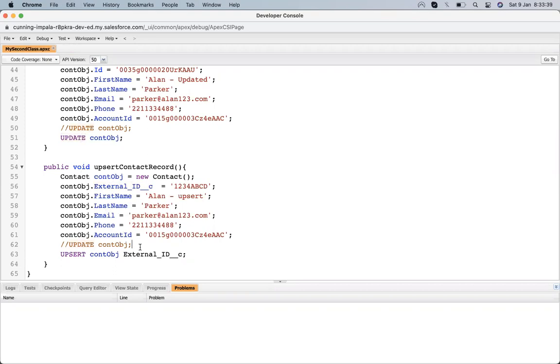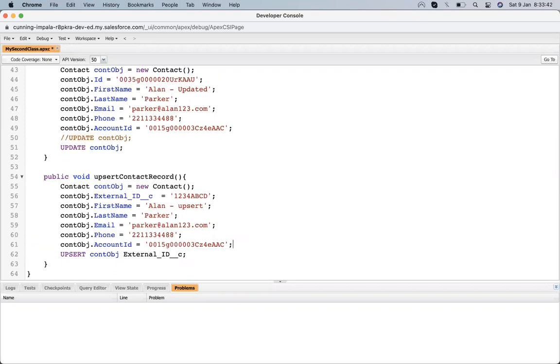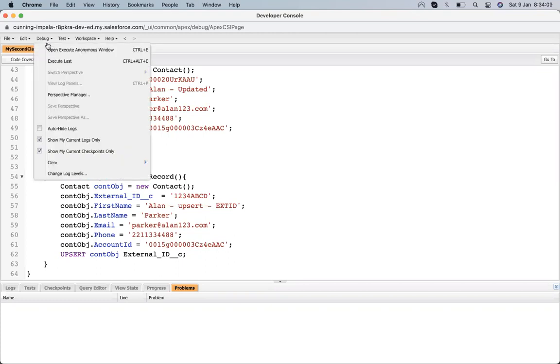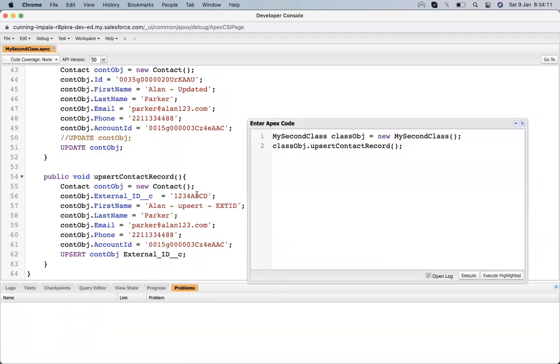So that's the thing: we can upsert a record on the basis of any external field or unique field. What it will check is the uniqueness of that field. If that external ID is found, then it will update that record; else, it will insert that record. So it will check for that 1, 2, 3, 4 ABCD.